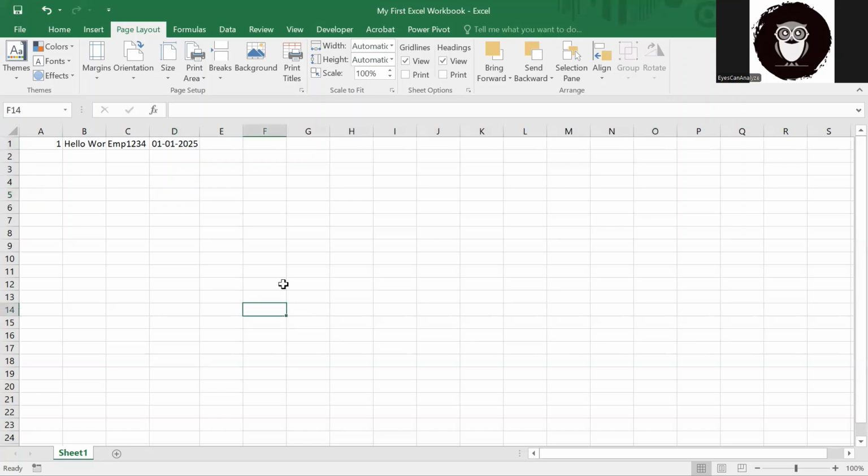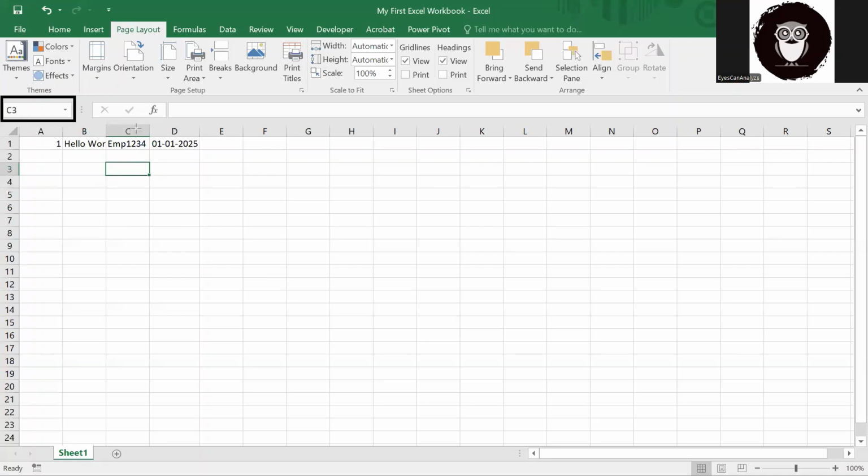There are two things that I want you to understand once more. This is where it will show you the name, that is your current active cell. If I click on any of the cells, you'll find it keeps changing in the name box. So it shows you where your pointer is as of now.